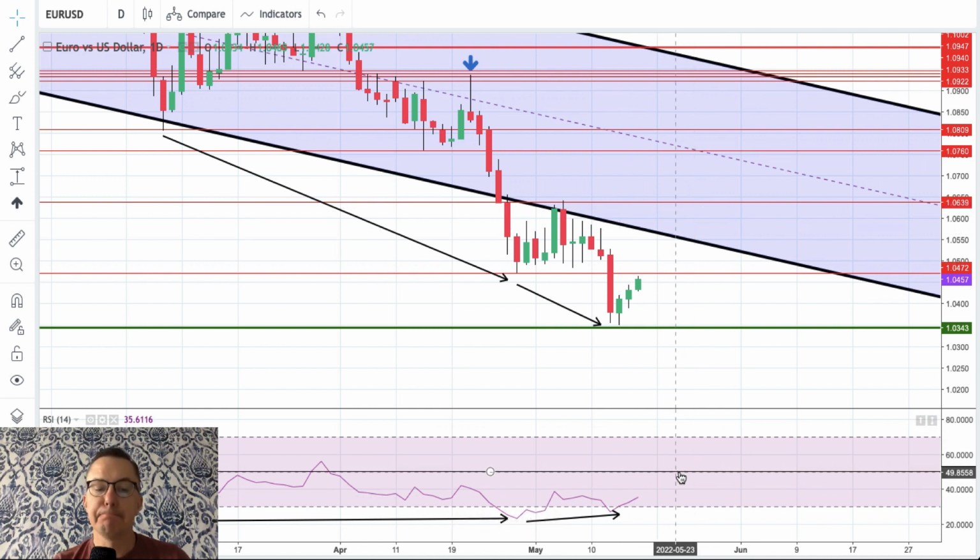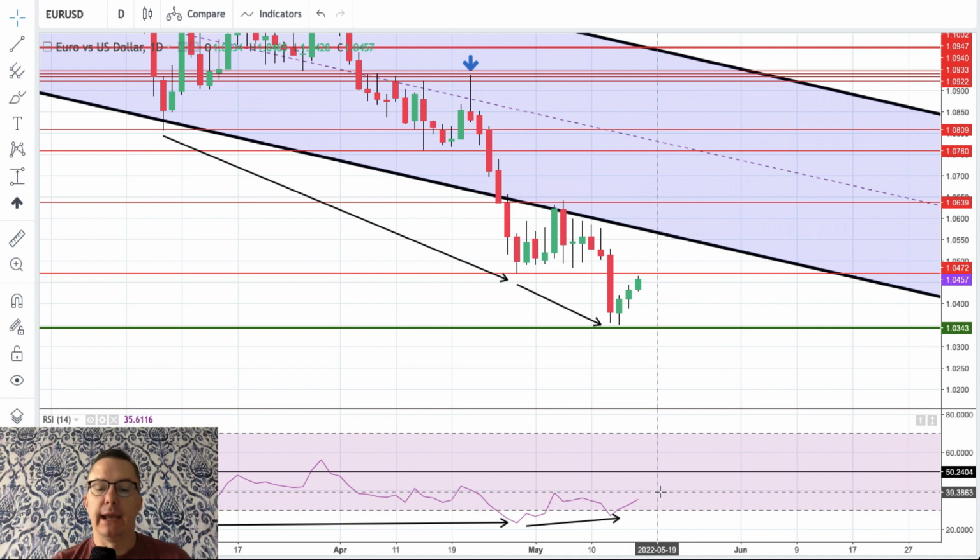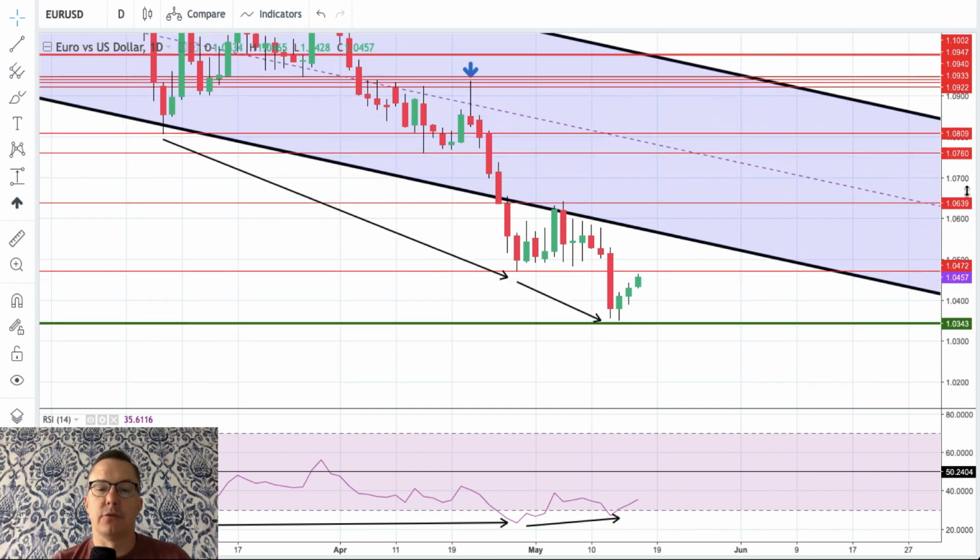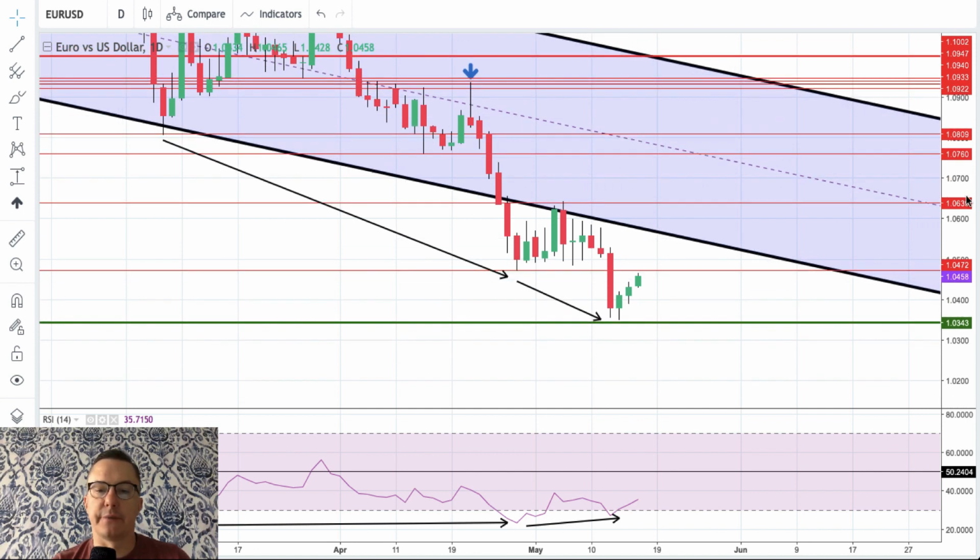Please keep an eye on the level of 50 on the RSI, which is the neutral level, because any sustained breakout above the 50 level of the RSI would likely look very familiar in the price chart. So there should be some kind of a big green bar on the price chart as well, so we can continue the up move on the euro dollar to the upside. Possibly this up bar might be present when the bulls are trying to break through some kind of important technical resistance. So that was the euro dollar.